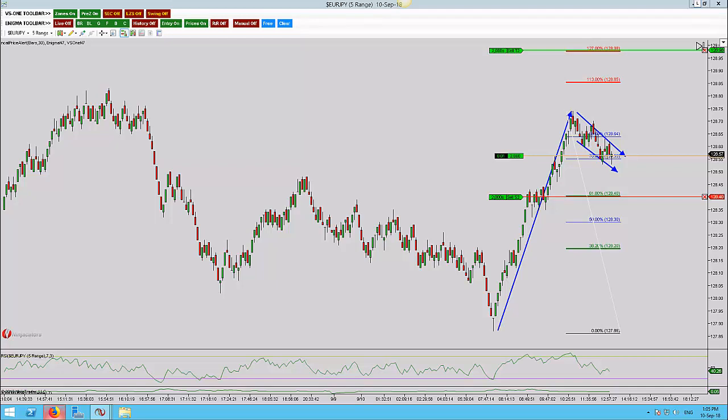Here we are on the Euro Yen 5 range, and it's a flag pattern, what I believe to be a two-touch flag pattern that I've just got involved. And I want to tell you why I've got involved on the 5 range and playing for an extension here up to the 129 flat. To do that, what I need to do is remove off this information